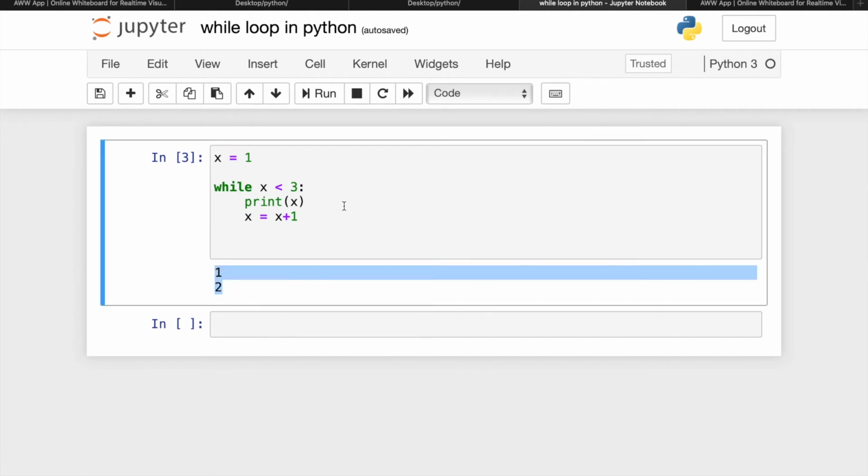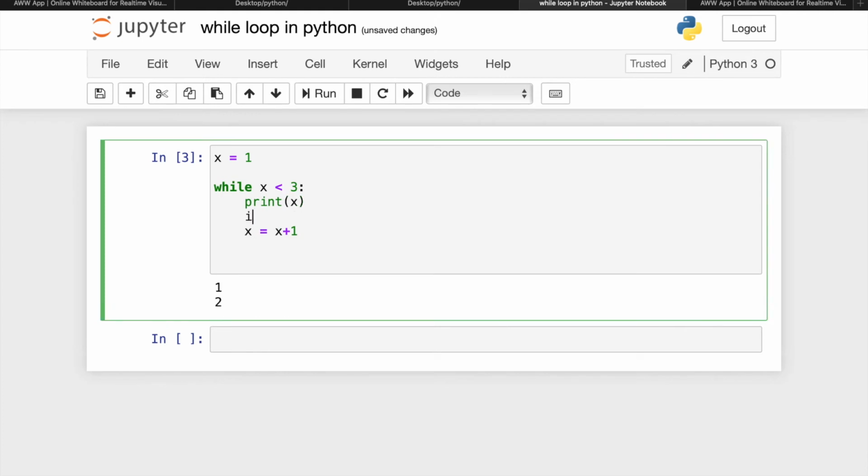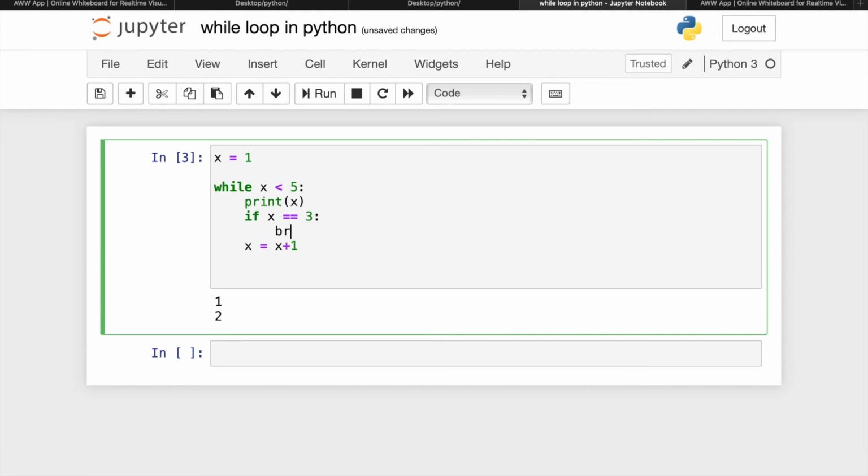If you use the break statement, how can you use it? Inside, if you write something like this, if x is equal to 3, then break. So what will happen?